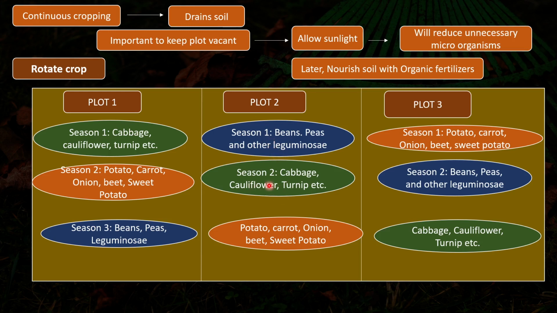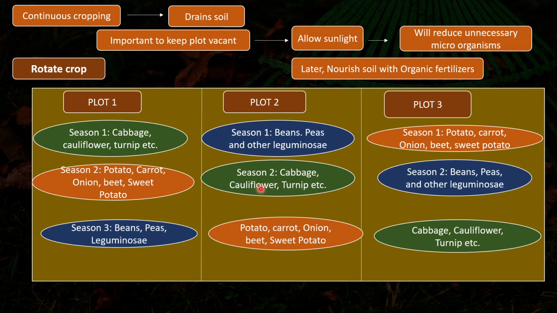Now the next season you will grow leafy plants. Leafy plants require a good amount of nitrogen to grow. So now the soil is already rich in nitrogen because of the leguminous plants. So the cabbage and cauliflower and leafy vegetables will grow very well in this plot because it will get a good amount of nitrogen. Now in the next season you can grow what we call the root plants, right? Because root plants do not require much nitrogen, in fact they require potassium and phosphorus, rather they require more phosphorus, right?